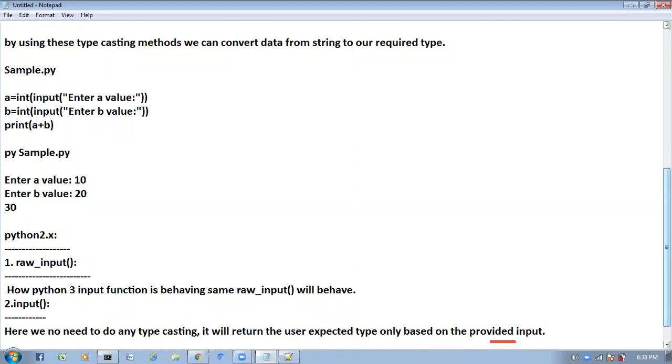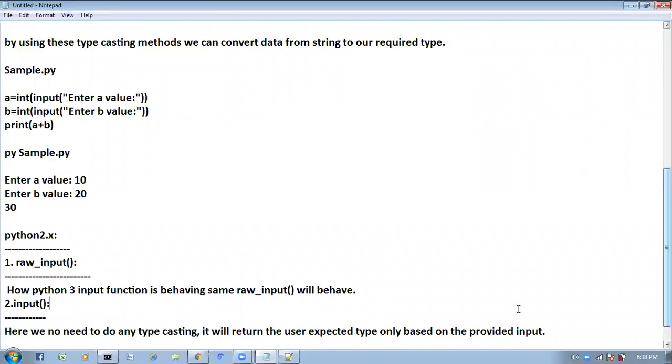If you go with the Python 2 input function, whatever input you provide, the same type it will return. If the user provides int type, the Python 2 input function will return int type.